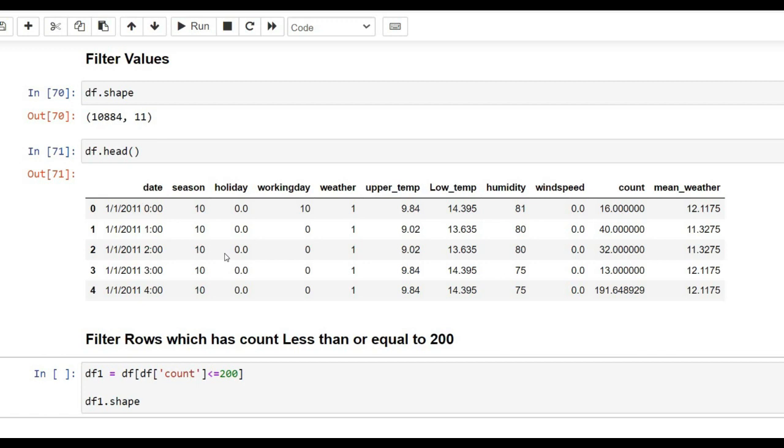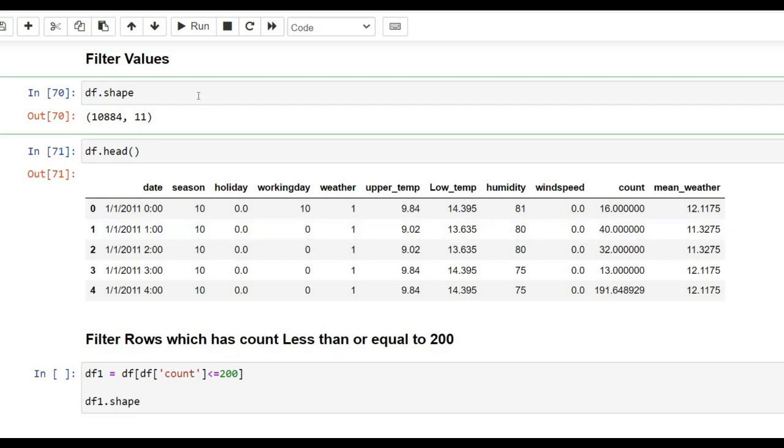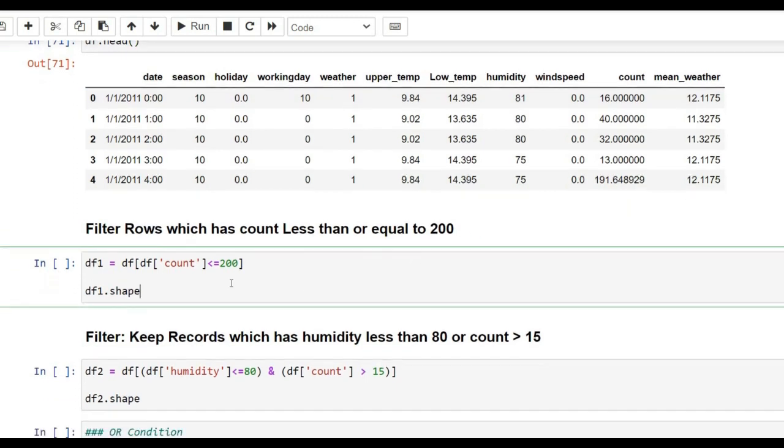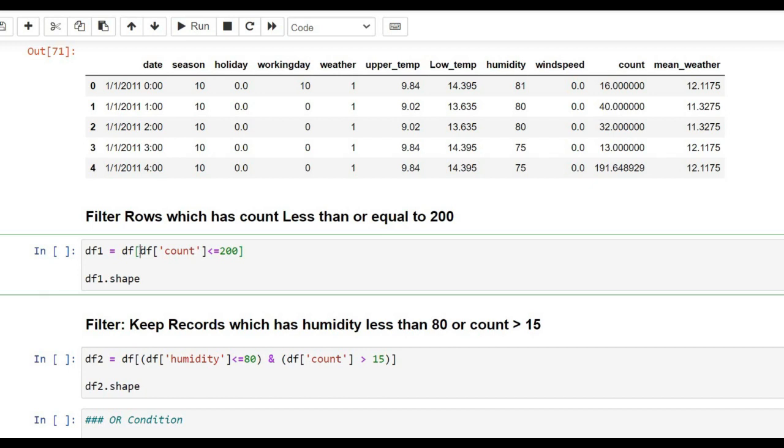So the next part we're going to learn is how to filter out values. Now let's see a quick preview of our data frame. Right now we have this many rows, which is 10884, and 11 columns. Now we can see the preview of our first 5 rows. Now what I want to do is filter out only those observations where count values are less than or equal to 200. So the way we can do this is,